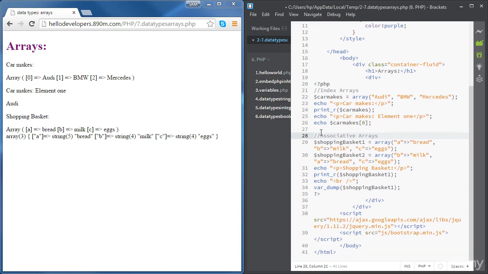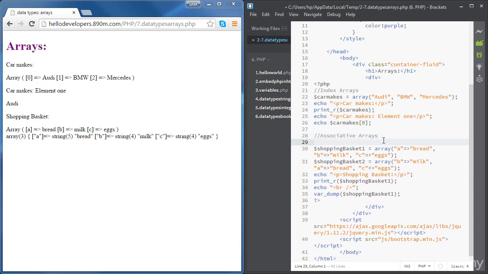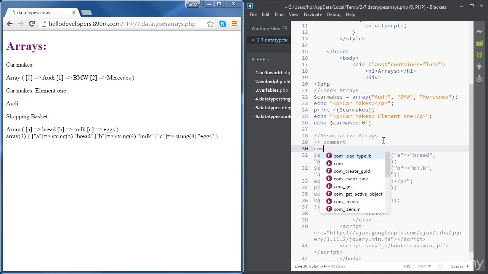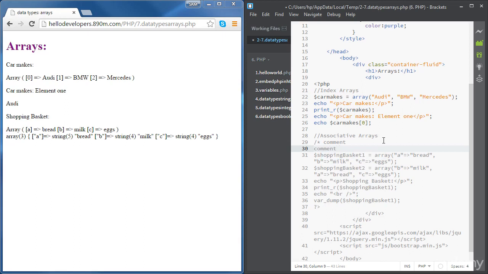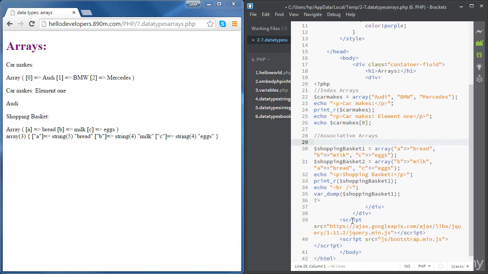Okay, you can also create multiple line comments, and if you want to have multiple line comments, you just start with /* and at the end you just finish by */. Okay. That's how you can create a multiple line comment. Anyway,